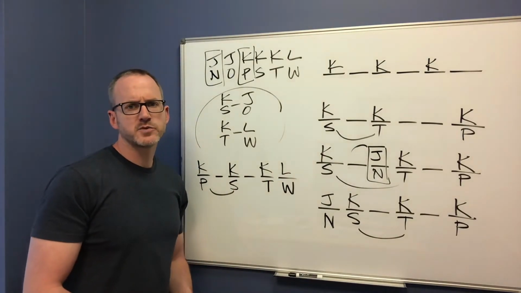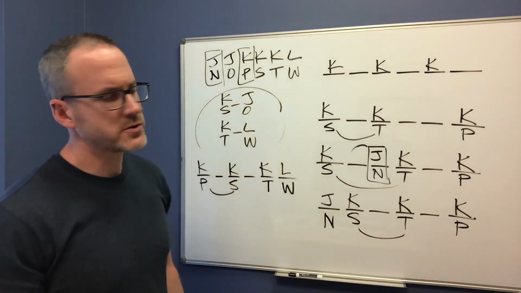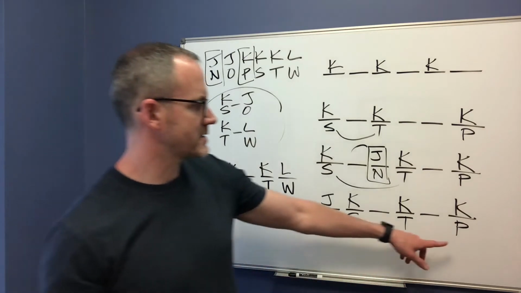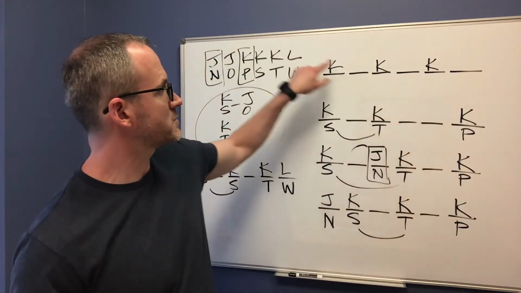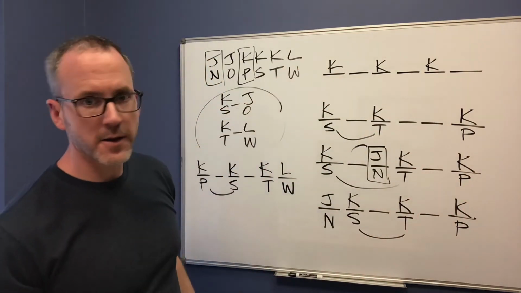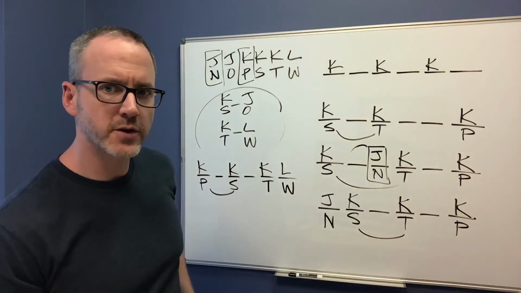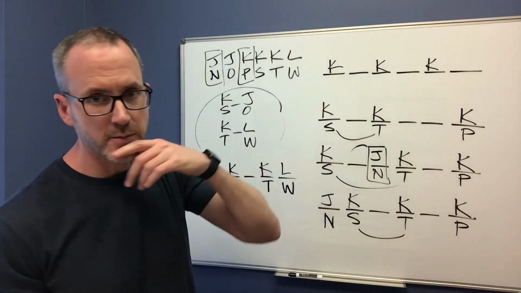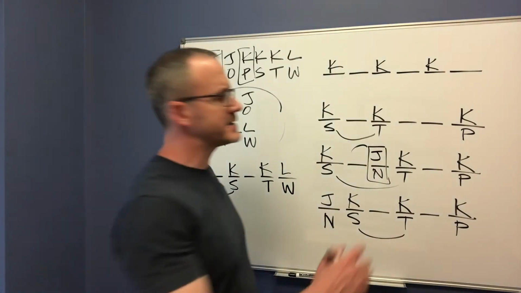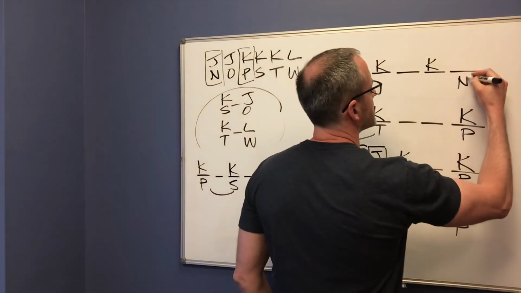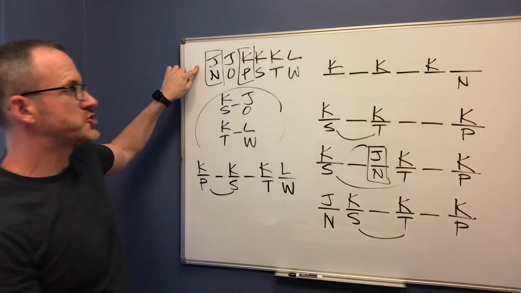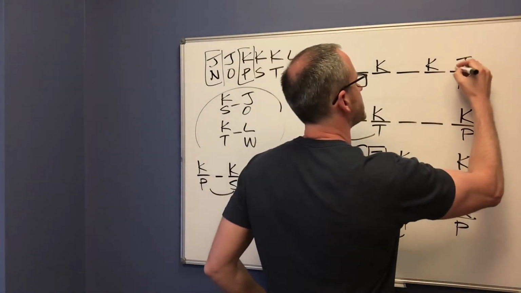Question 10, if N is presented 6, which one of the following must be true? If N is 6, okay, so that's none of these. It must be this world again. Ooh, I only have 2 questions left. I might just use this diagram right here. So if N is 6, I'm going to put N here. We know that N is J, so J goes here.